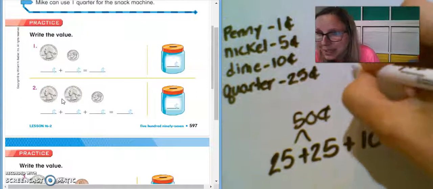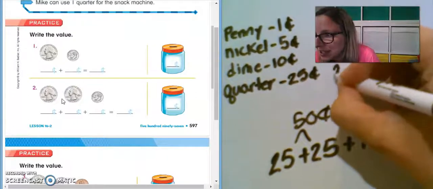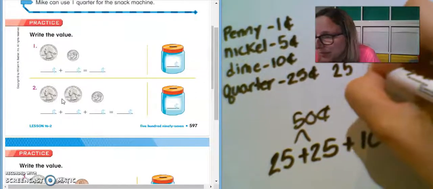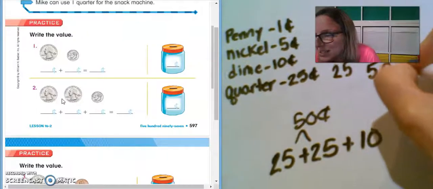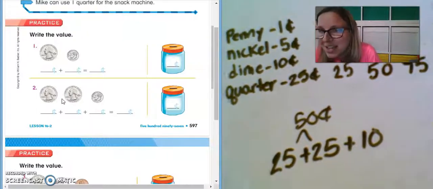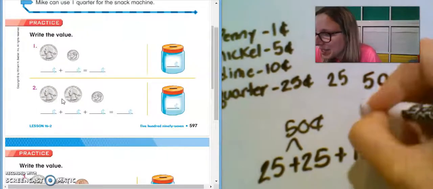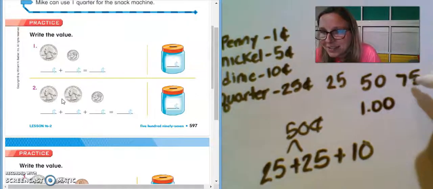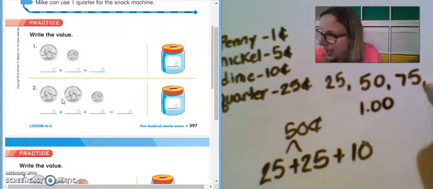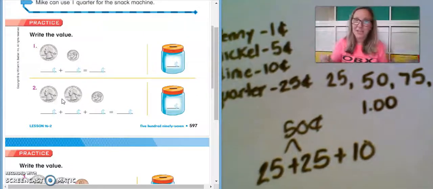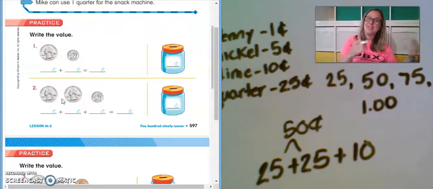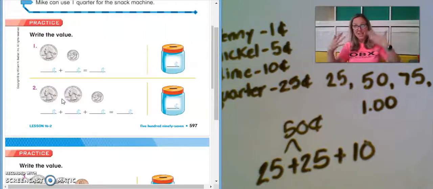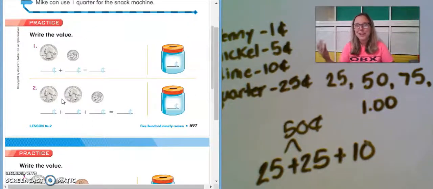Okay, I'm going to put it right here underneath my face. 25, 50, 75, $1. 25, 50, 75, $1. And if you say that in your mind, it helps you when you're adding up your